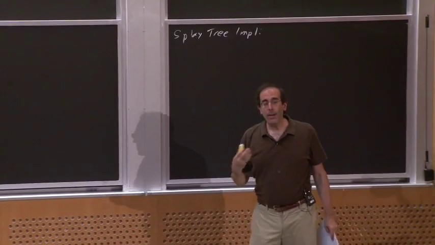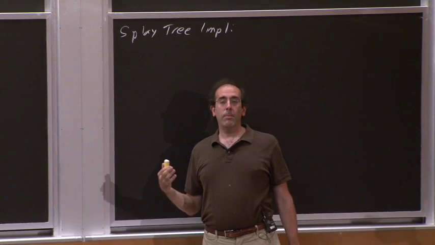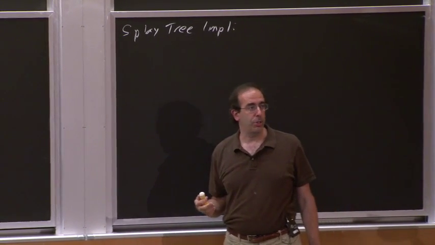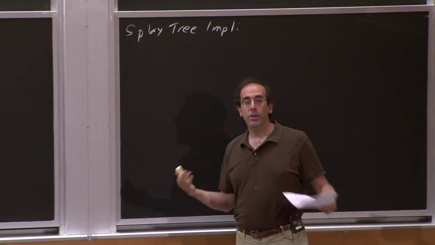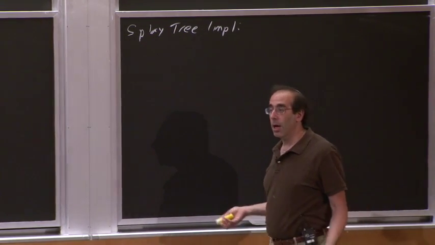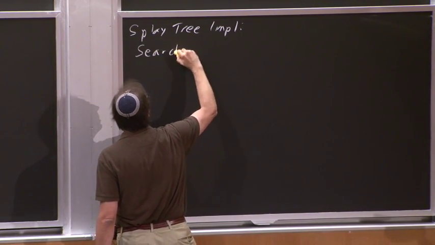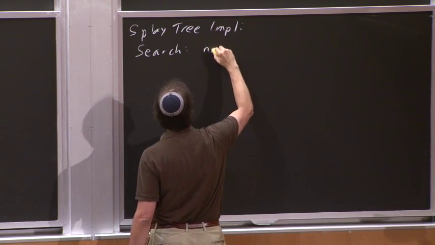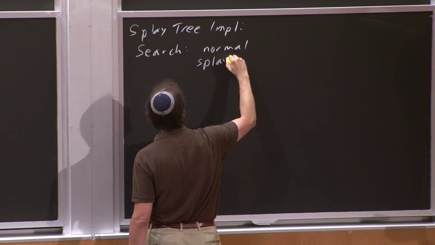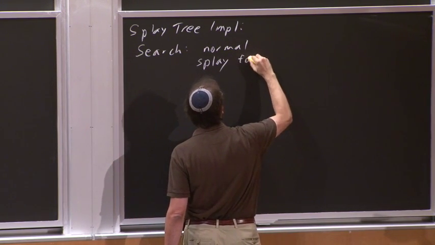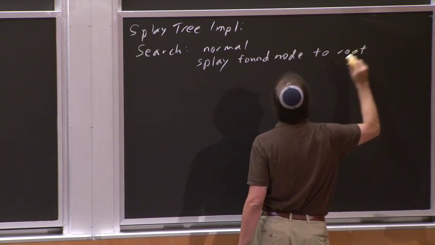Okay. And so I'm actually going to, for the time being, ignore insertions. We're just going to talk about the process of searching in a binary search tree. So I'm going to assume that I've already got this binary search tree which has n nodes, and I just want to perform a sequence of searches in it. At the end, we'll come back and take care of insertions. But so the search procedure is you do the normal search procedure, and then you splay, and I'll explain what that means, the found node to the root